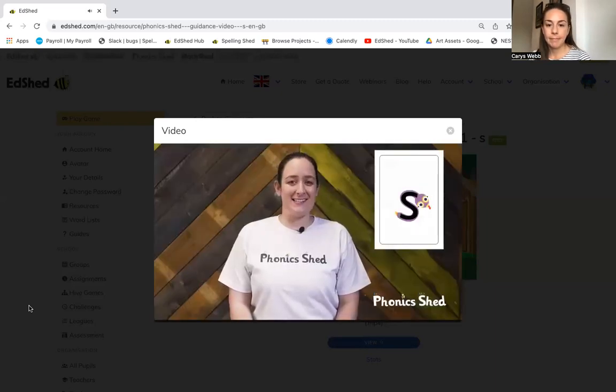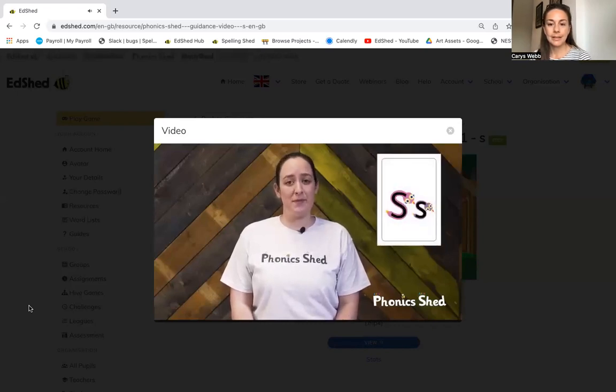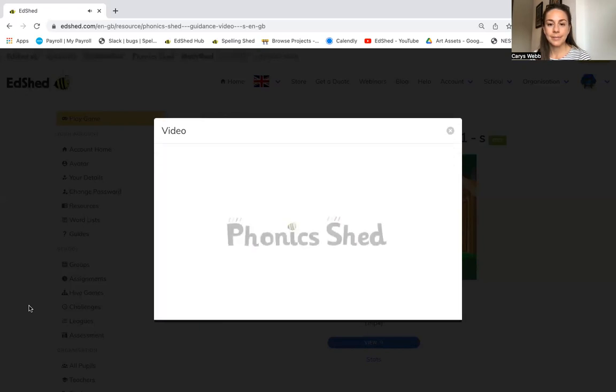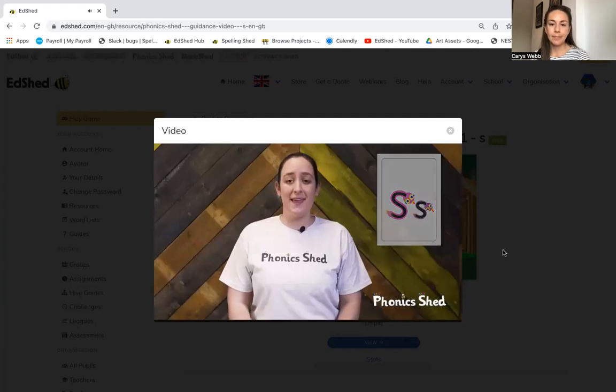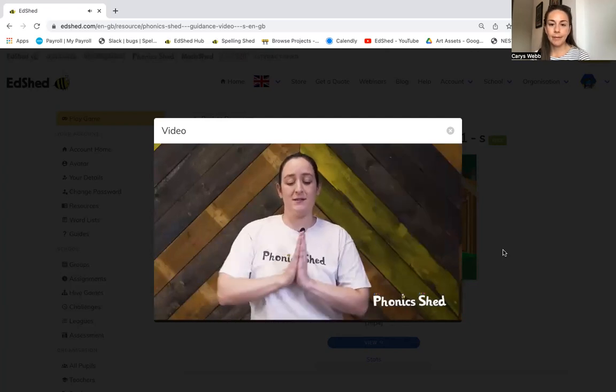This is the letter S. The character for this letter is Sam the snake. The capital letter is Sam's mum. The sound these letters make is S. The letter name is S. The sound is S. The action for these is